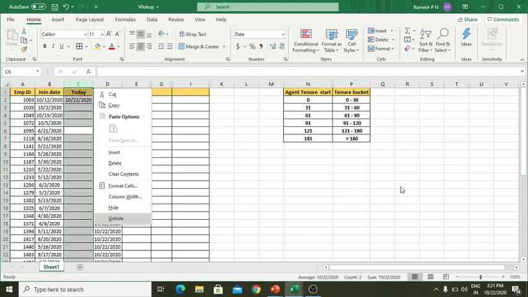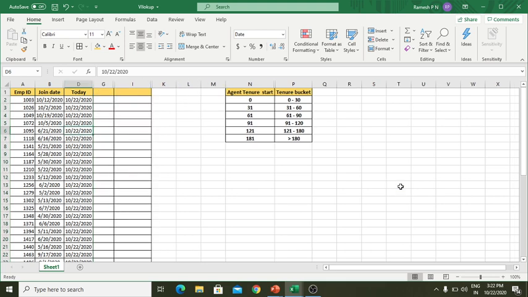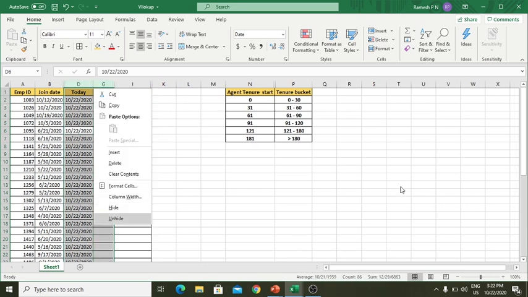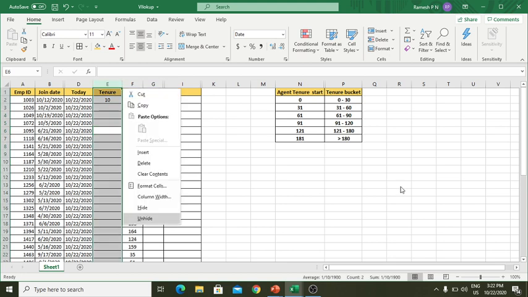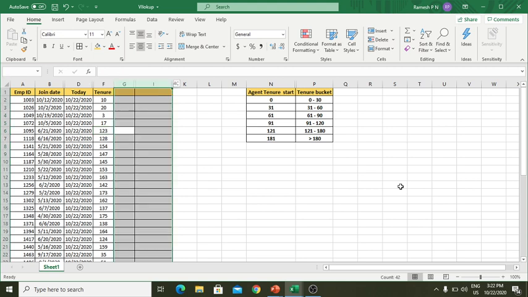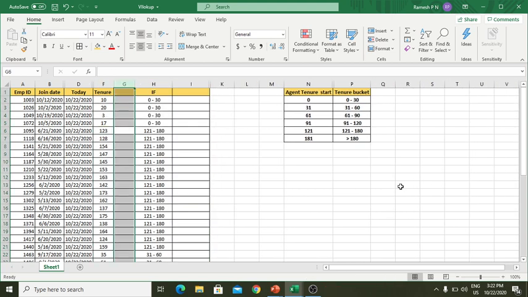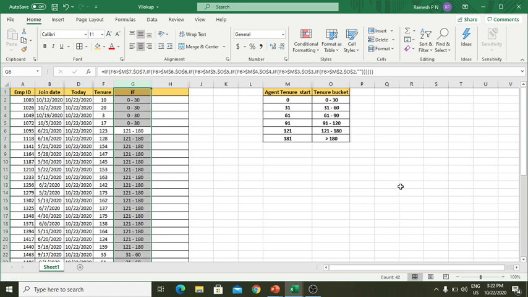I'll hide the columns which are already worked out. I have the tenuity, which is calculated as today minus the joining date. If I use the IF function, I'll get the tenuity bucket.